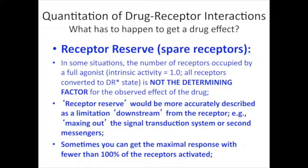So for cars, spare tires are not normal. There is no such thing as a true spare receptor. Oh, we got a bunch of good beta receptors. I'm a spare in case they need me, in case one had to blow out. Maybe they can finish and get all the way home on their jog because they need another beta receptor. No, that's not it at all. They're not spare receptors. What is really different about the system is that some systems run out of signal transduction